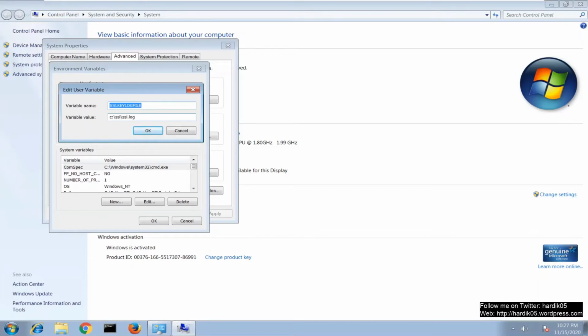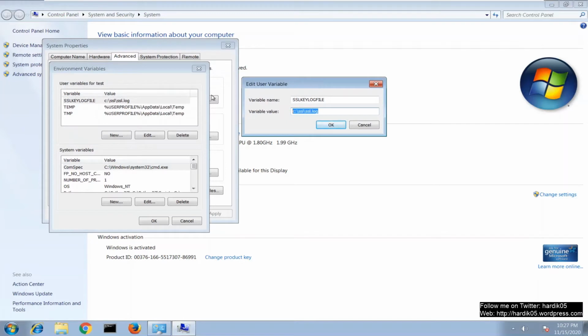So I'm going to show you what this file contains. First, let's set up this variable. Since I have already created this environment variable, I clicked on edit. But in your case, if you don't have this variable, then just click on new and give the variable name as SSLKEYLOGFILE and give some value, maybe some folder on your drive where you want to save this log file.